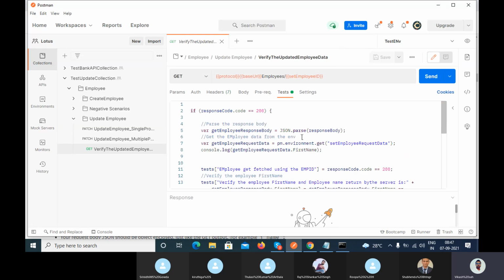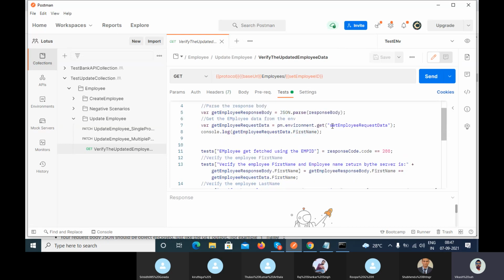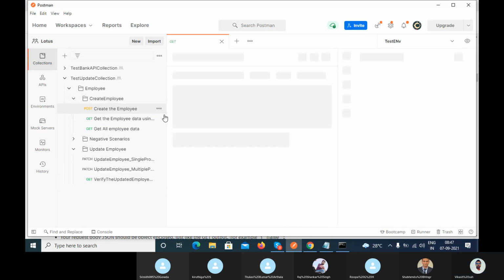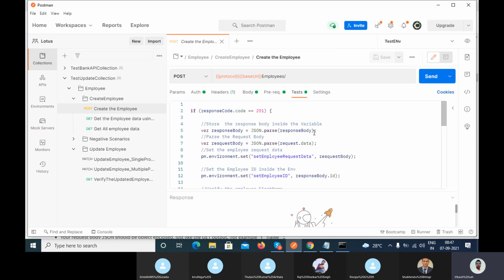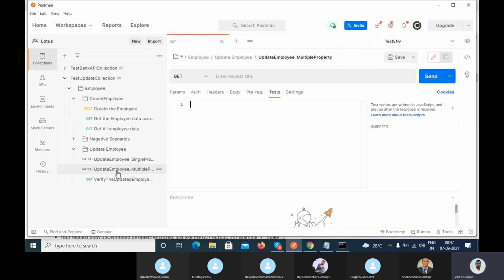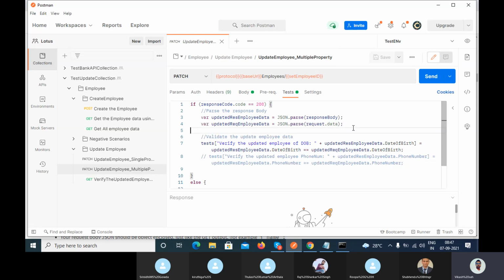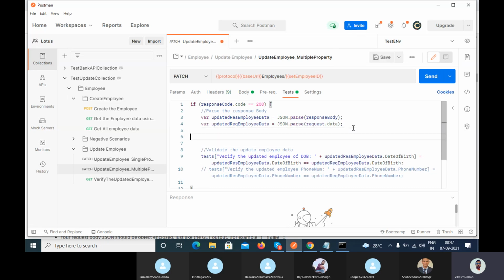Let me show you here. If you go, this particular set employee request data is taking the create employee. If you go here, you can see it's taking the post call variable, right? But here we have to use the updated call data, right? So what we can do here is just create one more, because I have to set this one, right? I have to set this one because your request body is changed here, right? So here I can